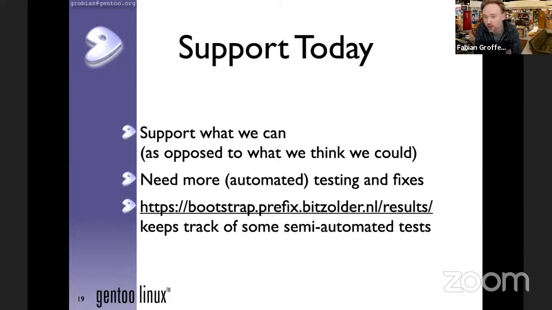Yeah, we only try to support what we think we can. So we drop all kinds of platforms that are fun to have, but that we obviously cannot support anymore. And there are some semi-automated bootstrap results, which means we just test whether the whole process of bootstrapping works. Bootstrapping means you start downloading source packages and compiling them, and gradually you build up more and more tools such that you can actually have the Gentoo package manager, this merge thing, which is called Portage.